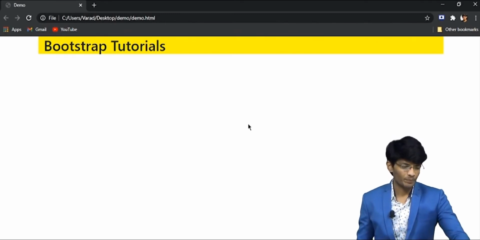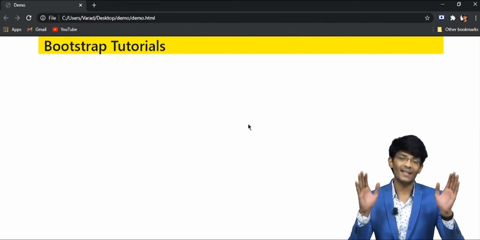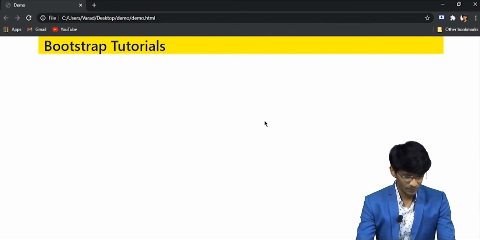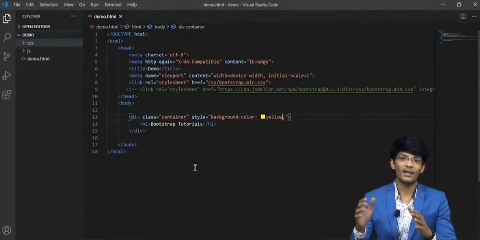In this container you can see the left and the right side, both the sides are leaving space from the border.